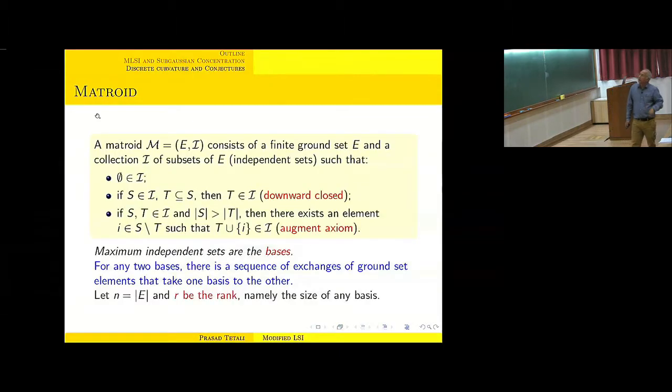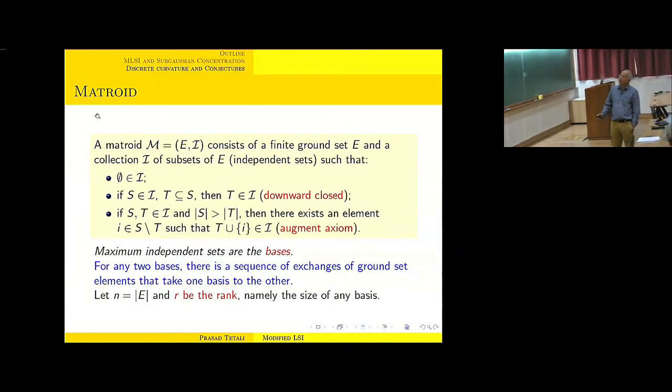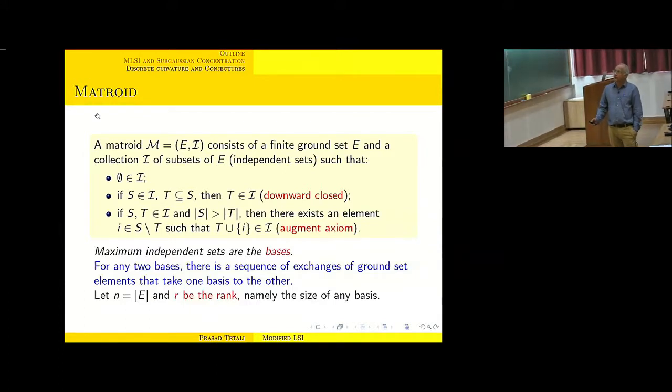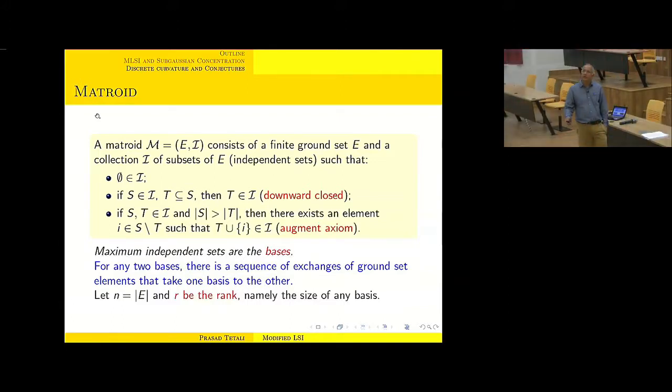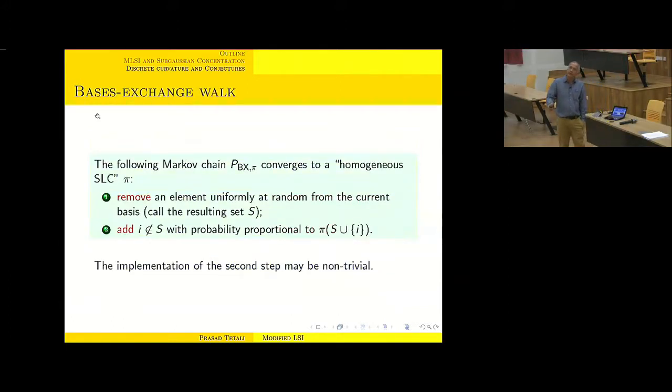Okay, so recap from yesterday of matroids. I'll try to go quickly. Right, we have these axioms that define what are independent sets of a matroid, and then the largest independent sets are bases, and you can go from one to any other basis by exchange of ground elements. And R is used to denote the rank and so on. And the basis exchange walk is